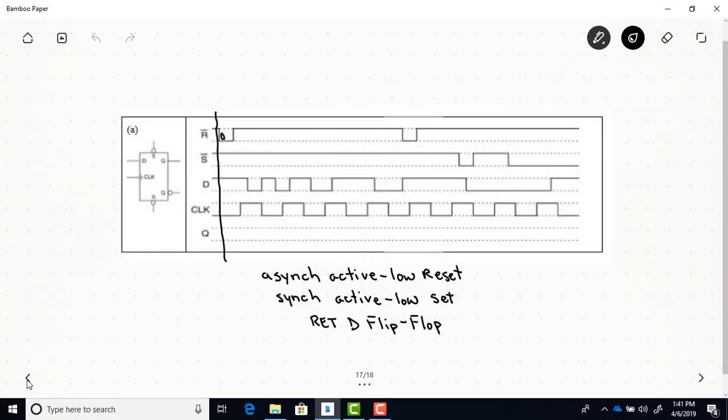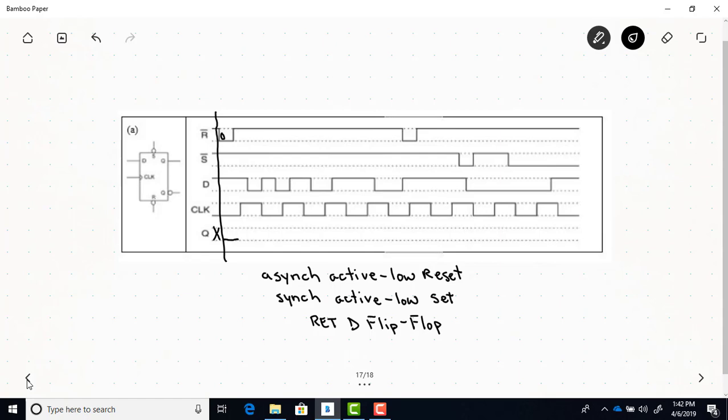Okay, so my Q output here is going to be 0. Now, before this reset happened, Q was either 0 or 1, but I don't know what it was. I'm not sure what the Q output is until this active low asynchronous reset occurs. So because it's not possible to determine by the information given here what Q was prior to that active low reset going to 0, I'm just going to put an X, meaning I didn't know what it was here. Now you could also assume a value, either 0 or 1, but again, you don't really know,